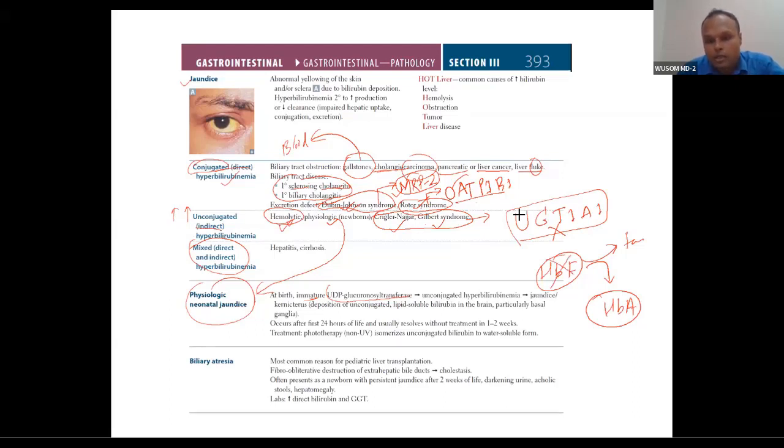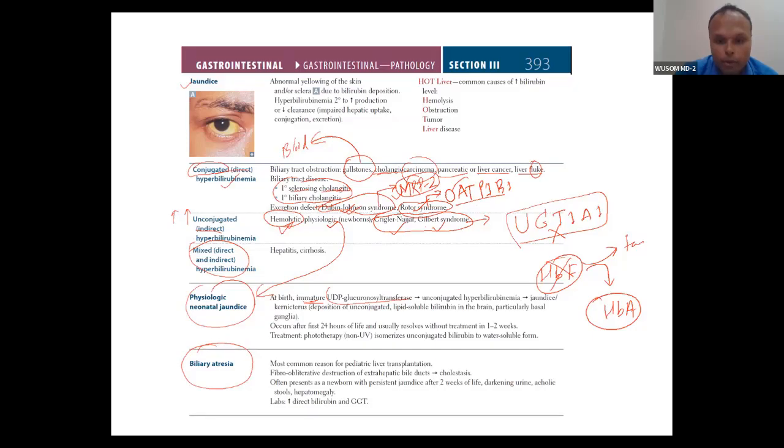And hemolysis of fetal hemoglobin is very high, and that also provides a very high amount of substrate, and the liver is immature. So both factors play a role here in high unconjugated bilirubin. Now we can see biliary atresia. You can study biliary atresia yourself, and this will be revised in your pathology also. So don't worry about it.